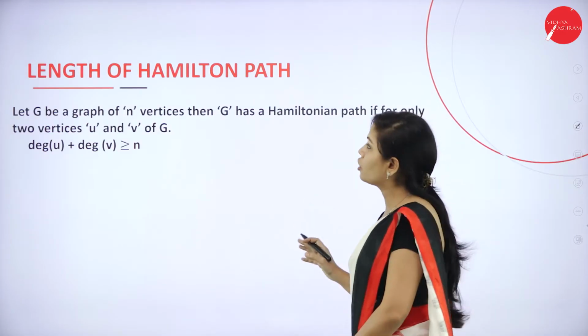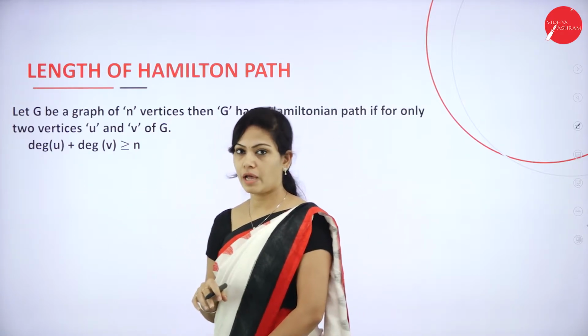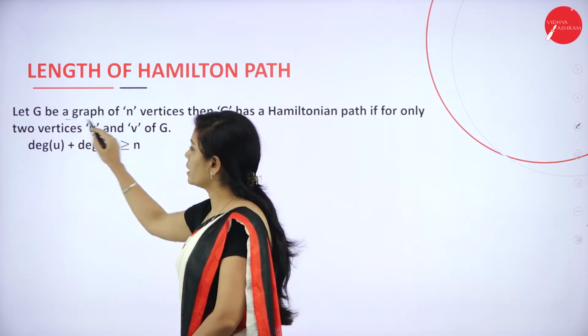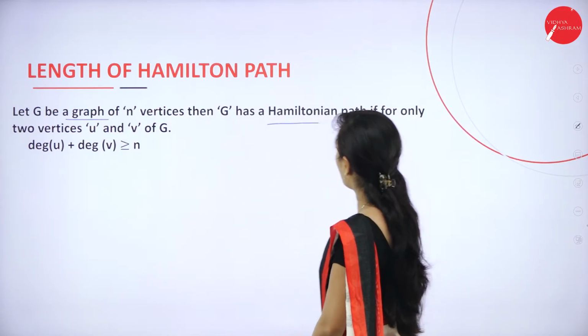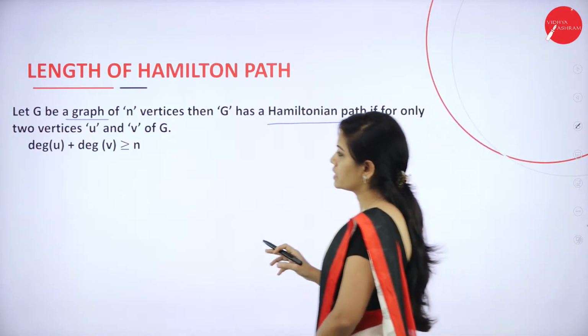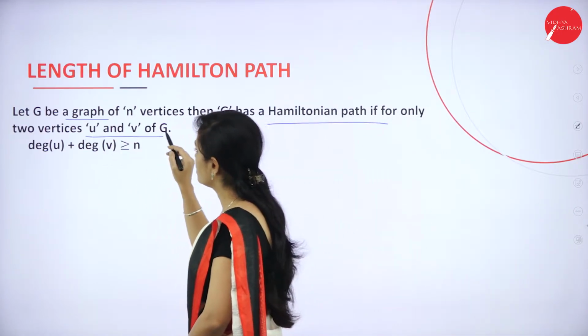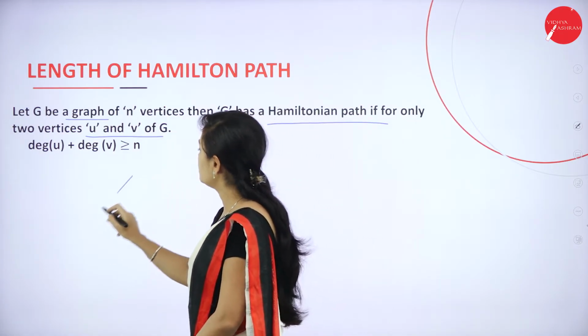Next one, length of Hamilton path. So how to find out the length of a Hamilton path? Let G be a graph of n vertices. Then G has a Hamiltonian path if, for any two vertices U and V of G... I'll repeat. So example,